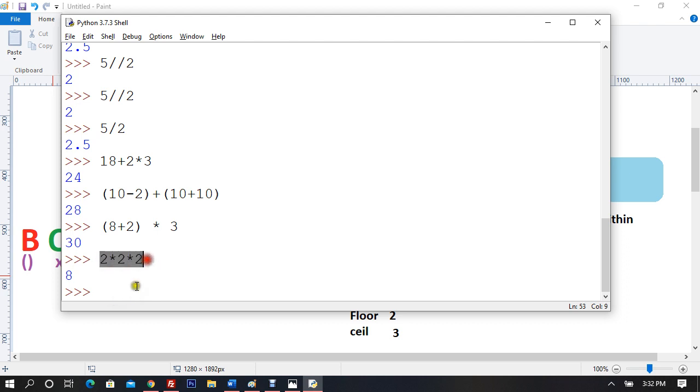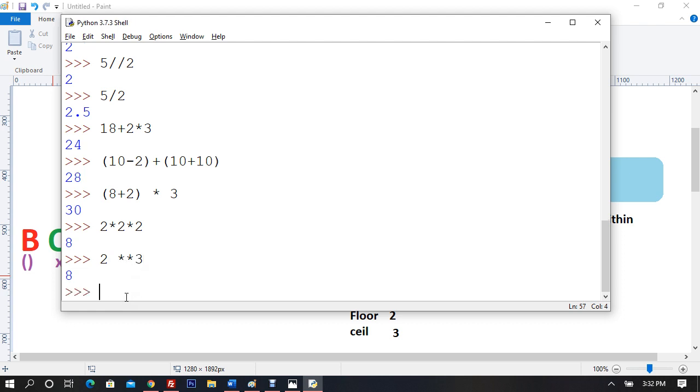Is it necessary? Now see the power of Python. Is it necessary to do it like this? No. It is never necessary to follow the same stream and pattern. It's not necessary for you to do it that way. I can immediately say, I want 2 raised to power 3, and you get 8. This double star here means raised to power. I want 2 raised to power 3, which is 8. This is how we do raised to power in Python.